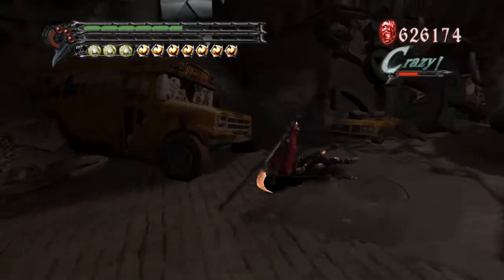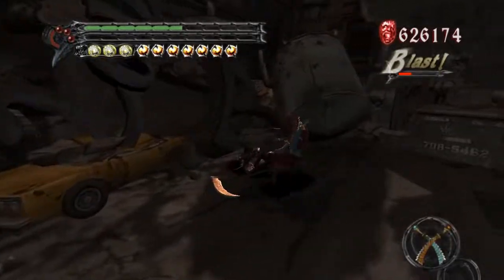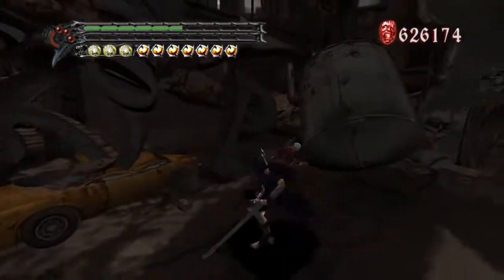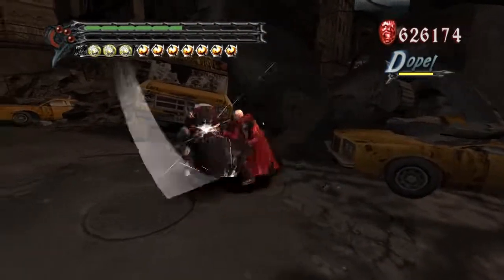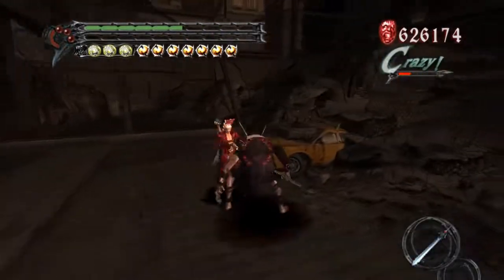Like, you see how I knocked him back, and even though I shot, he still flew away from me. Well, there's an exception to this. Most enemies will never actually stop with a stun move afterwards. However,